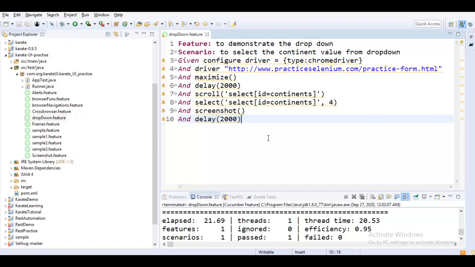We have also learned how to scroll down using the scroll method. This is also one of the implicit learnings that we have had, because we were not in a position to see whether the click is happening at the right place, right at the drop down. So that's it as far as this learning is concerned.